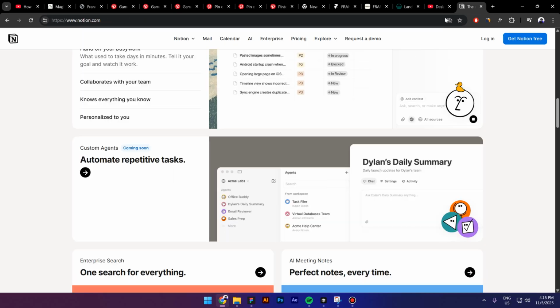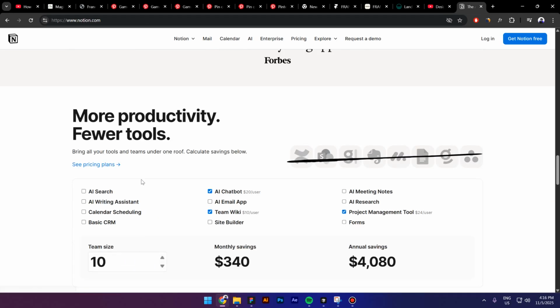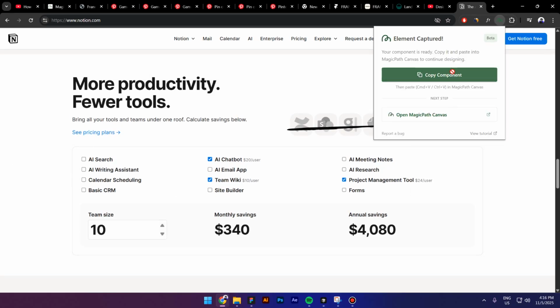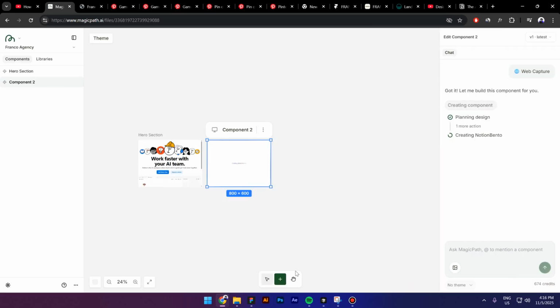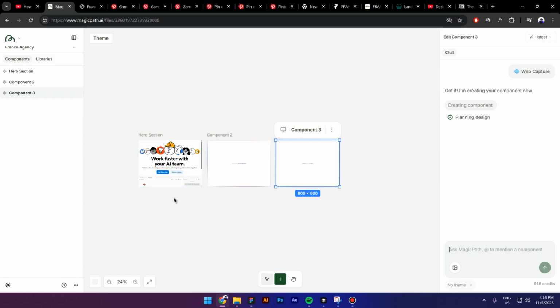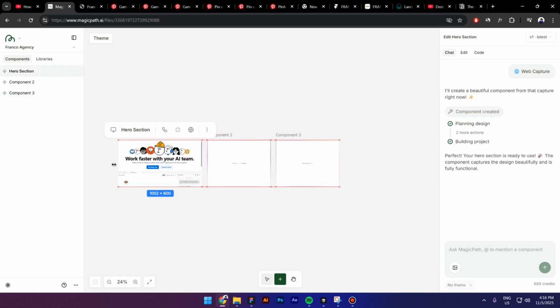Now I'm gonna go back to Notion, and I'm gonna also copy this pricing section right here, like this. Create a new chat, paste it inside. The first section is already finished, so let's take a look. I'm gonna open it in a new tab,